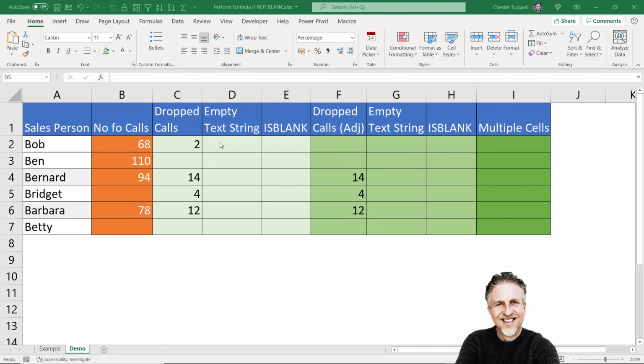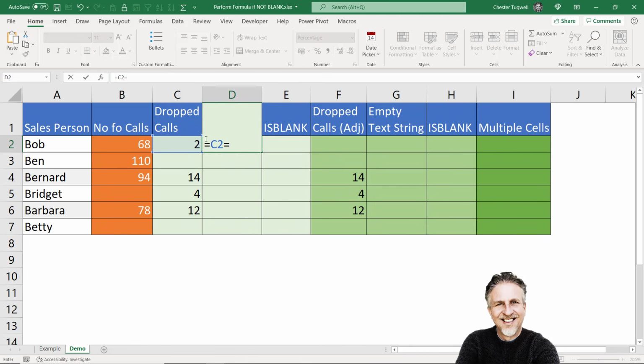And there's two ways you can do this in Excel. You can evaluate whether there's an empty text string, or you can use the ISBLANK function. But there are important differences between the two methods, and that's what I want to explore in this video tutorial. So first of all, we'll start by evaluating whether there is an empty text string. So to do that, basically you'd say equals the cell address equals an empty text string, and that's two speech